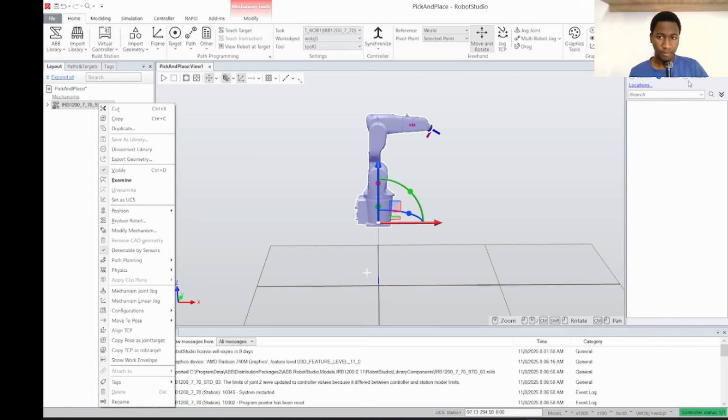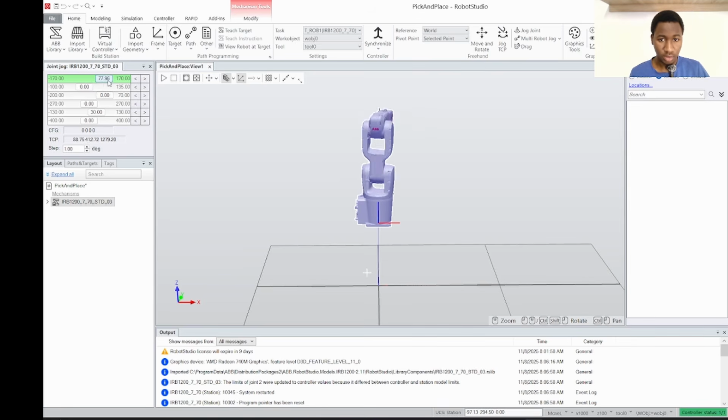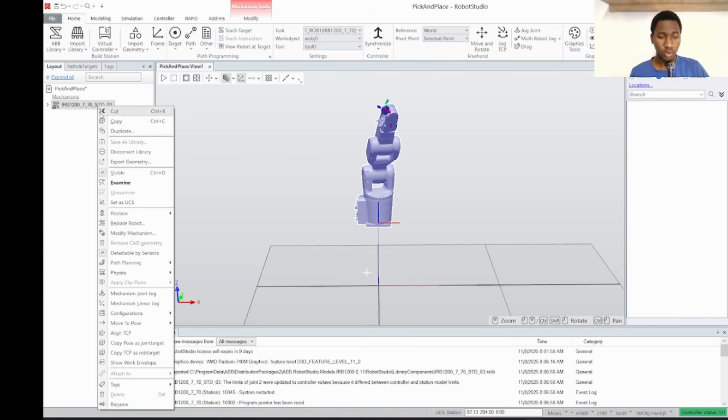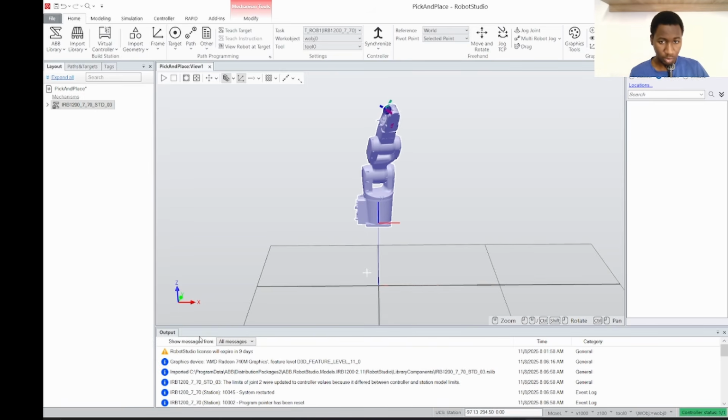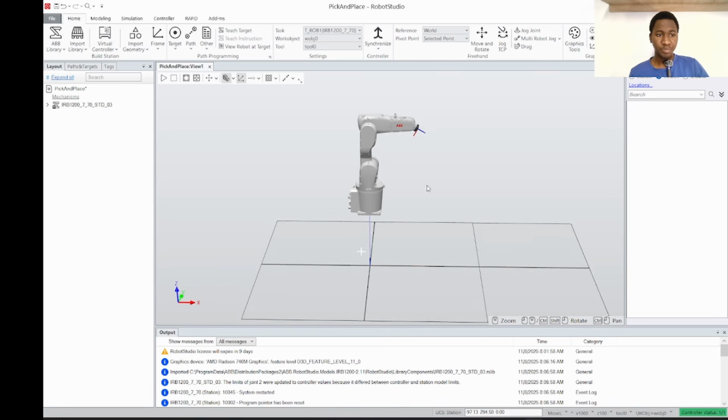And if you want to check the joints of the robot, here is mechanism joint. Then you can check the joint mechanism here, here, here, here, here. You can close that. Then if you want to put it to the home position, just say home pose, and then it will get back to its initial position, the home pose position. Okay,